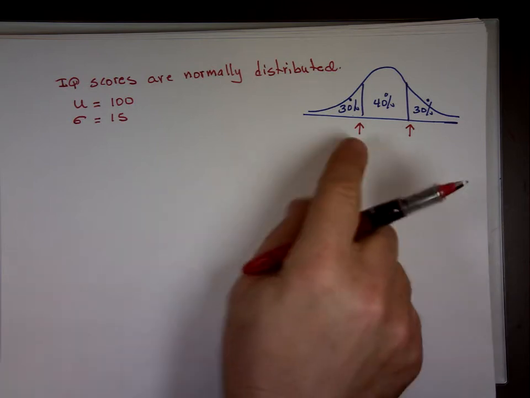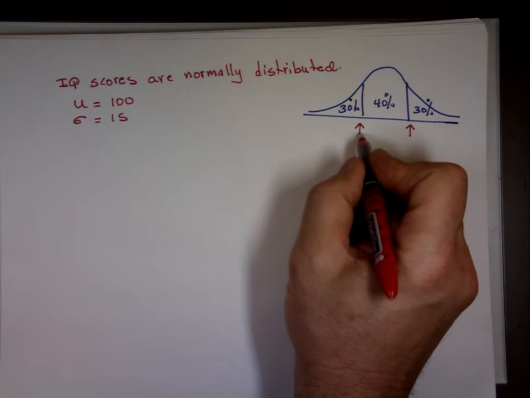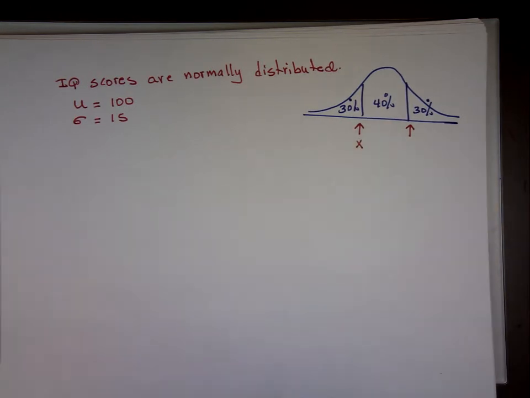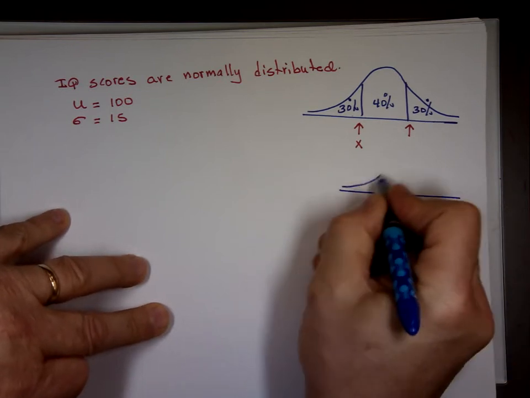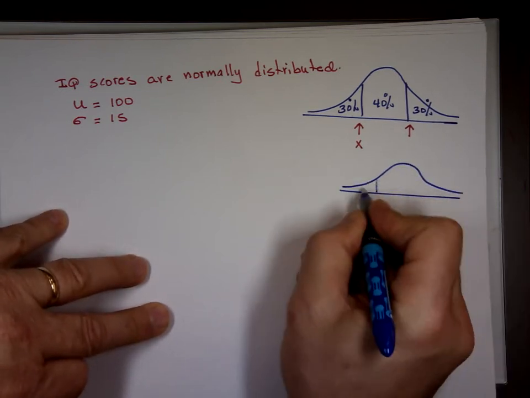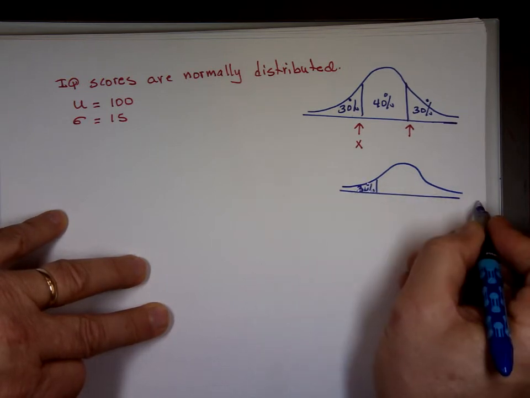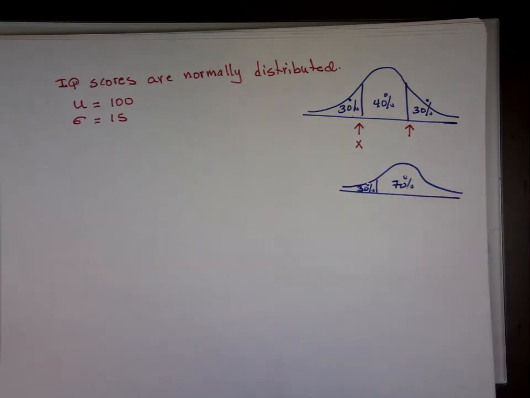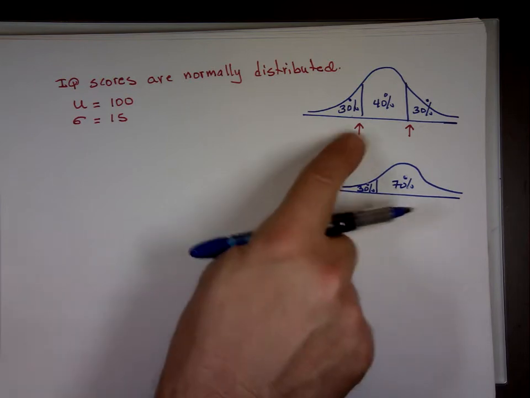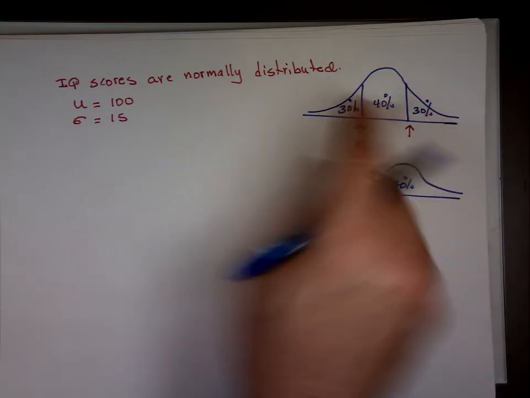Let me find the low one first. Let's focus on this one. Let's call it X for now. When you look at that picture and study that number alone, it says this number is going to separate my list into the 30% here, which means to the right of that number will be what percent? How about 70? This number is the bottom 30%. Anyone over that, I don't say which group, but anyone over that is the 70%.